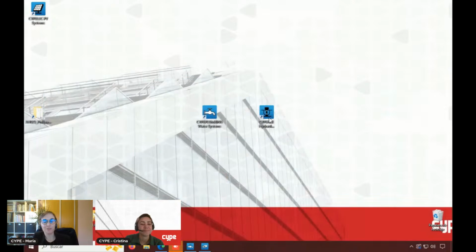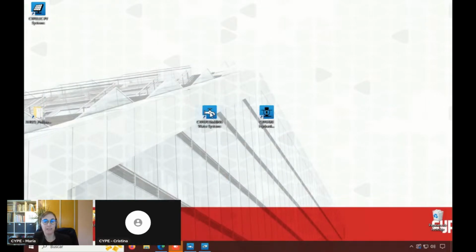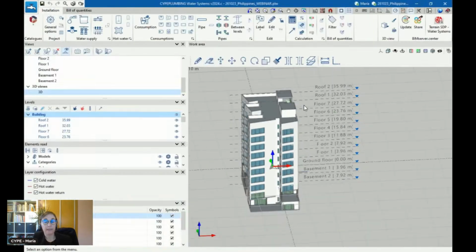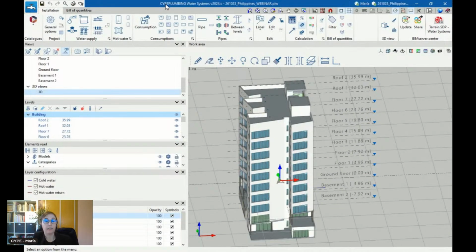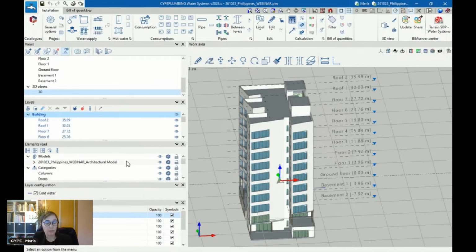Perfect. So, for example, one software is CYPEPLUMBING Water Systems. Here you can see one example, one file I was working with. As I say, in this case it is CYPEPLUMBING Water Systems. If you see, the interface is quite similar to the other software I showed you before, so it's very intuitive to continue working with this. In this case, you can see that in Elements, in red, I'm reading the architectural model. So this could be very helpful for me